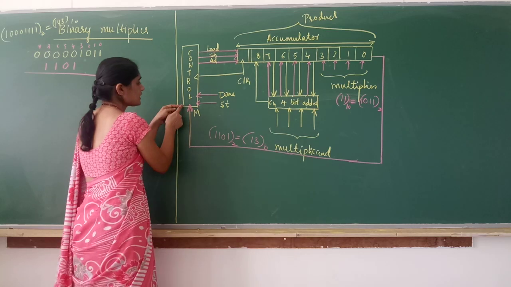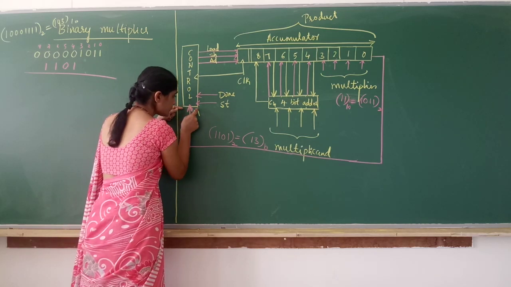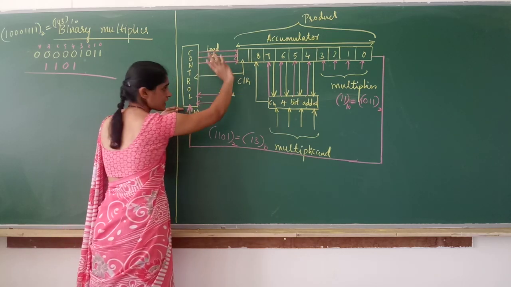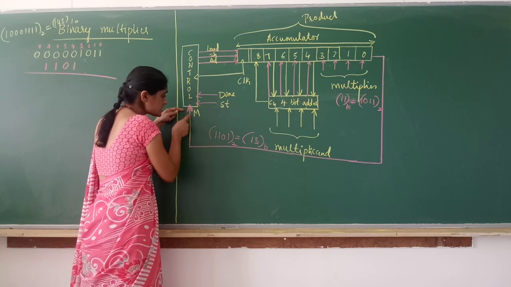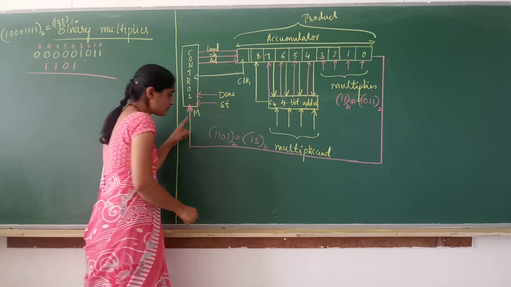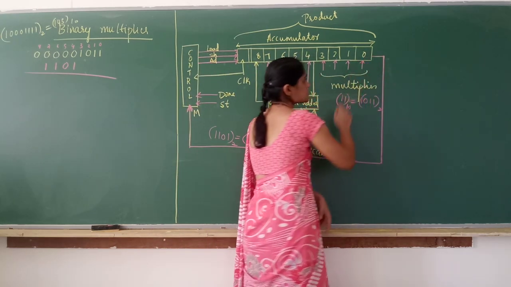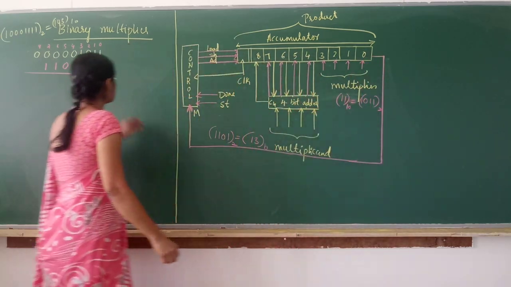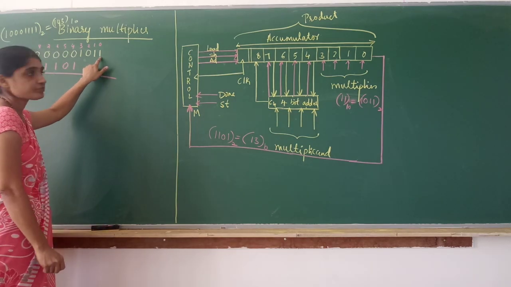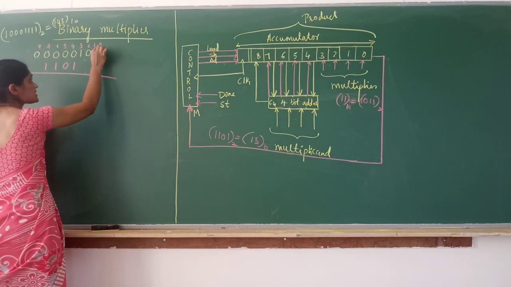And now, then the control signal will check the value of m. First it will give out load. It loads the content to the accumulator. Then it will check the value of m. What is m? Look at the connection. M is the last bit of the accumulator. So now what is m here initially? M is 1. This is the m content.